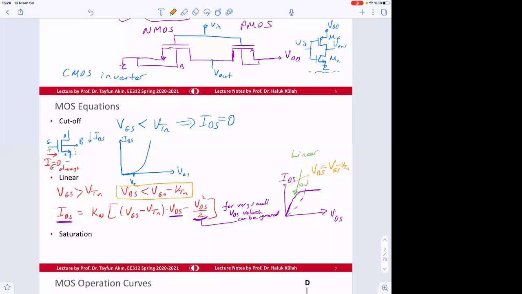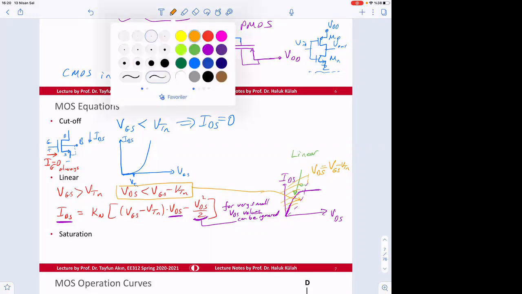So this region is the linear region. Again, the region is when this is smaller, okay? So what about when this is larger? So when this is larger means,